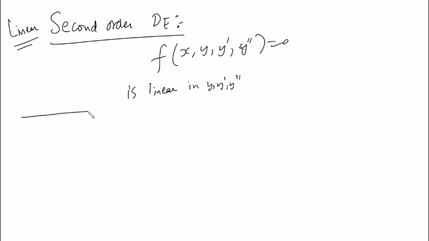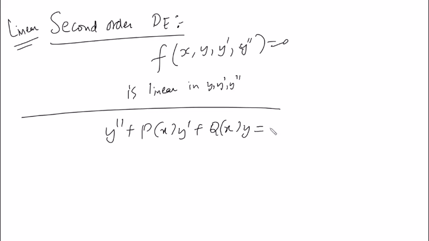Okay, so the form we are talking about here is this form, y double dash plus p(x) into y dash plus q(x) into y is r(x). It's analogous to the Leibniz type. It is just one extra term, the second order term. So y dash will also have a coefficient as a function of x, and y will also have a coefficient as a function of x, and on the right hand side you will have a function of x. So these p, q, r are your functions of x,